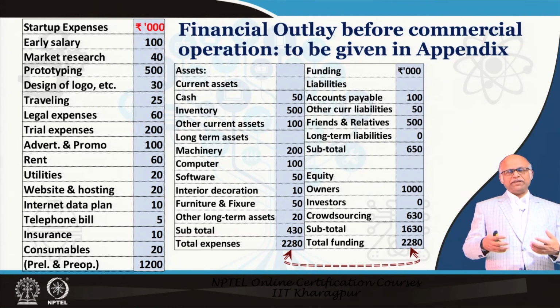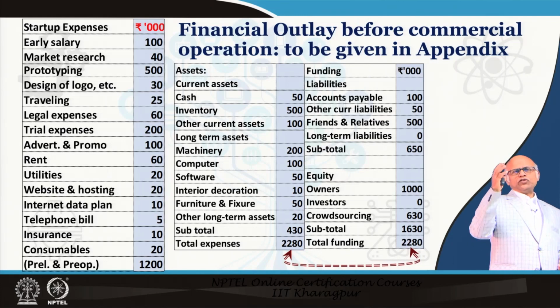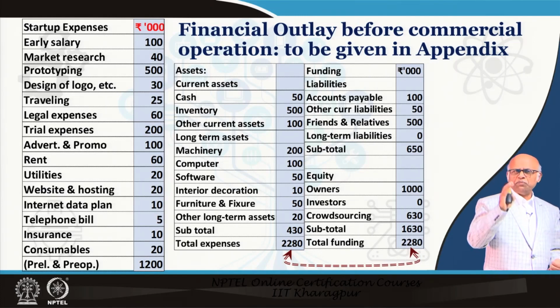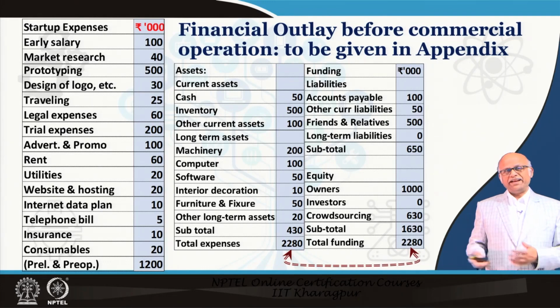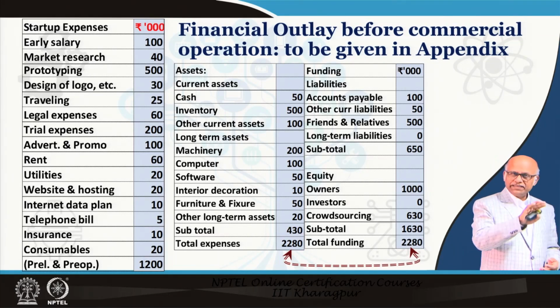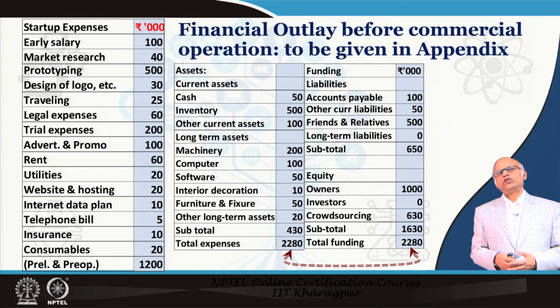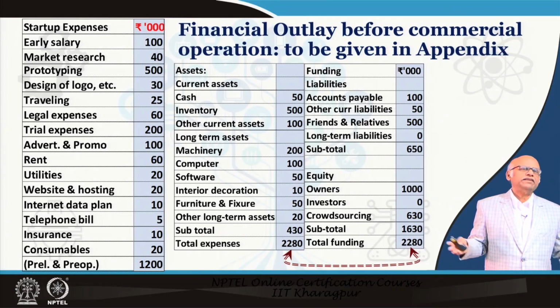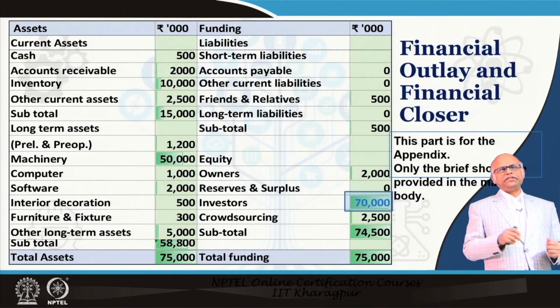So that now they can negotiate as to what should be the dilution, etc. But then do not unnecessarily burden them with a lot of data. You should keep all the data in the annexure. Here you should mention that this is the total requirement of funds, this is the money that I am bringing, or co-founders are bringing, and this is the shortfall, or maybe my friend's relative has brought this, and the shortfall is what I am looking to the investors for.